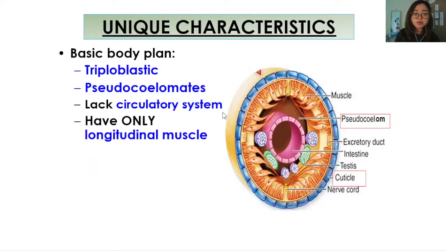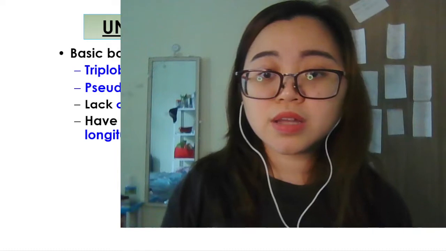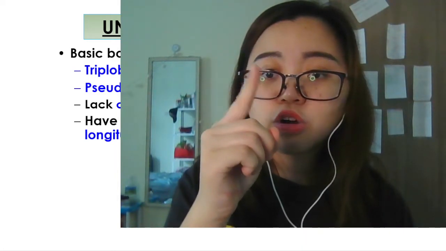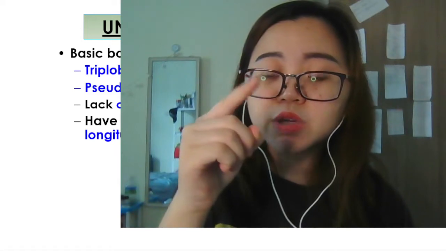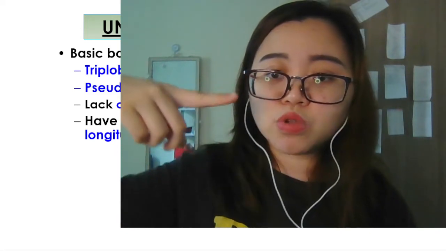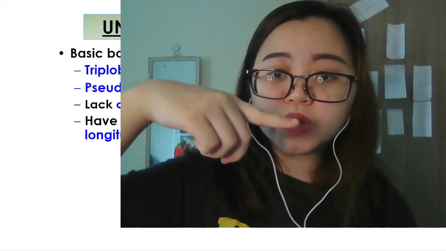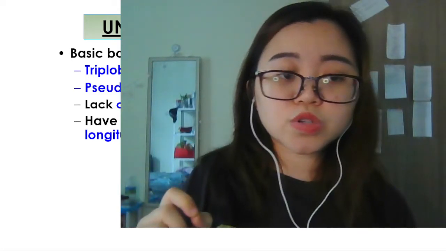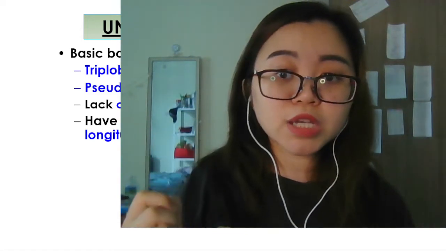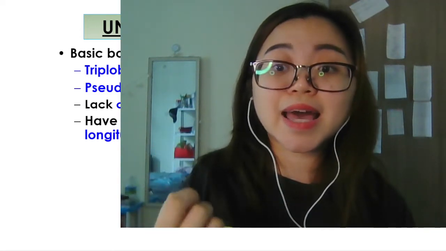And another feature about nematodes is they have only longitudinal muscle. Longitudinal ataupun transverse muscles itu akan memberi efek kepada cara dia bergerak. So if the organism, especially if it's a worm body plan, only has longitudinal muscle, it's going to move in this kind of movement. Okay? So macam dia berenang yang begitu saja, dia tidak akan berenang yang macam ulat bulu yang begini. So it's just going to wiggle, wiggle, wiggle like that. If you look up videos on how nematodes move, that will give you a better picture of how their longitudinal muscles help them in their